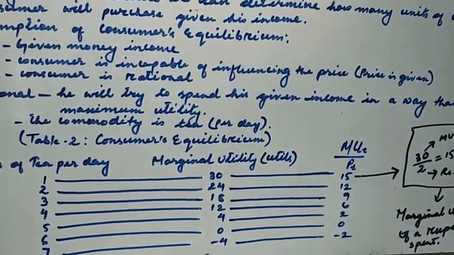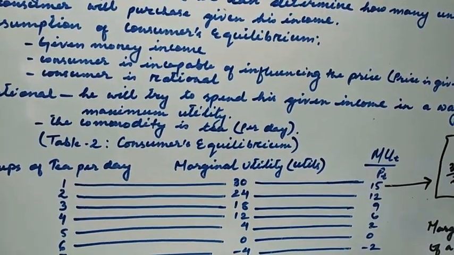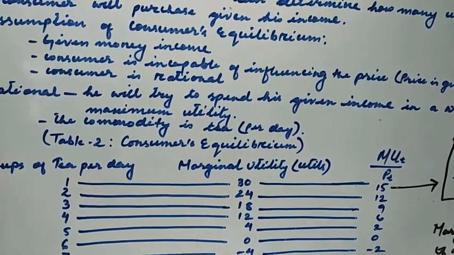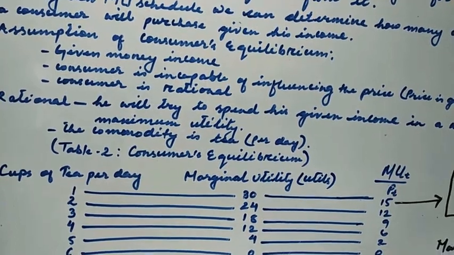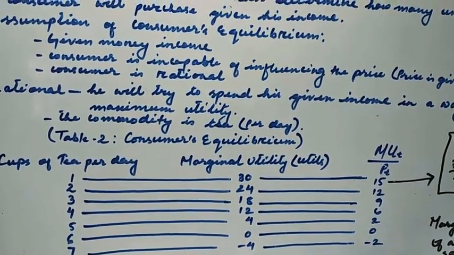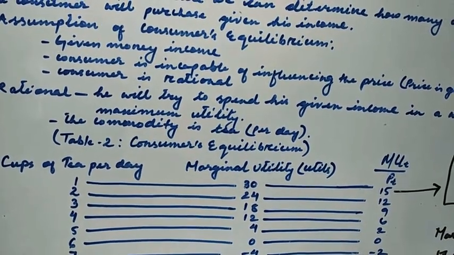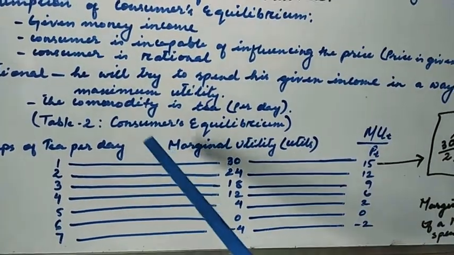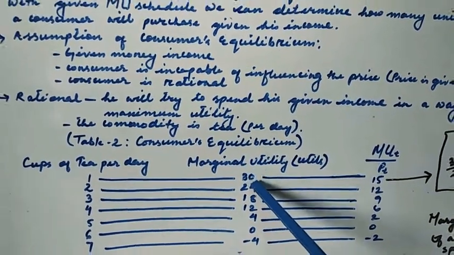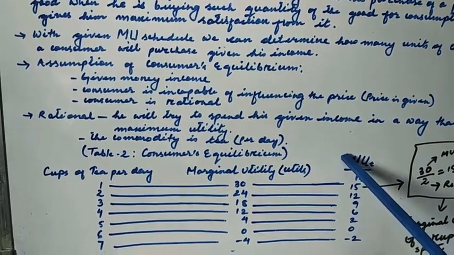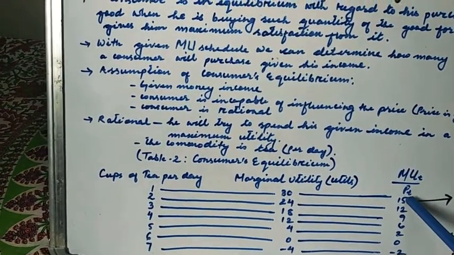So here we are assuming that 6 utils is the marginal utility of a rupee in general, which depends upon his income and also the overall expenditure on goods. Now it is clear from table number 2 that the marginal utility of a rupee obtained from buying and consuming the first 3 cups of tea,